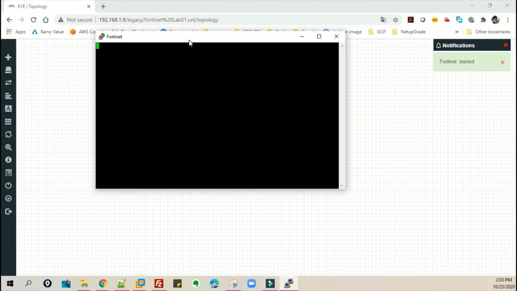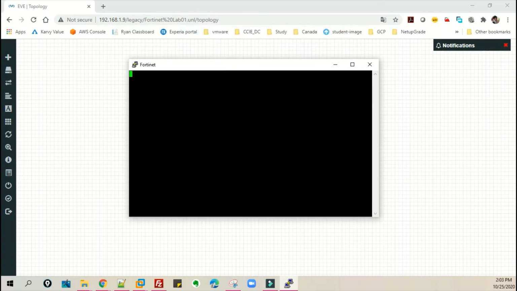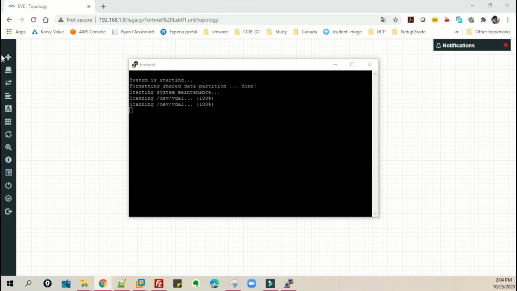Now the console window is going to open. This may take some time to power on and come up.